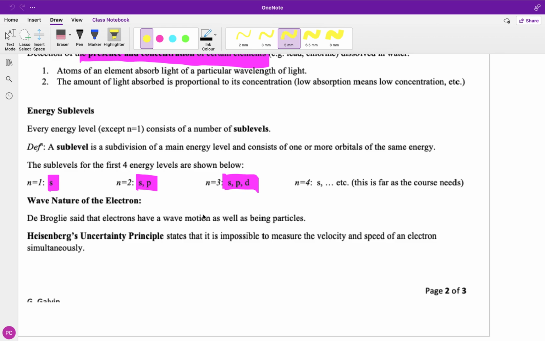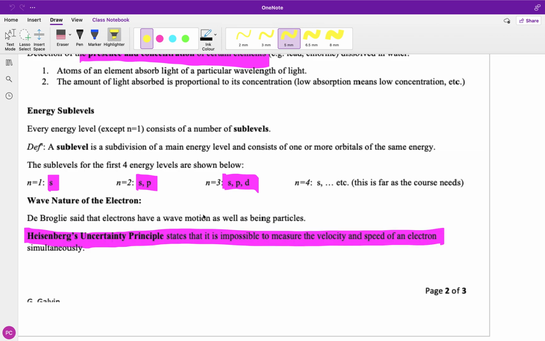Definition: Heisenberg uncertainty principle. It's impossible to measure the velocity and speed of an electron simultaneously. So they're so small, they're moving so quick in different directions, it's pretty much impossible to measure the velocity and speed. Remember, velocity is speed in a particular direction. All right. And the very last thing is the